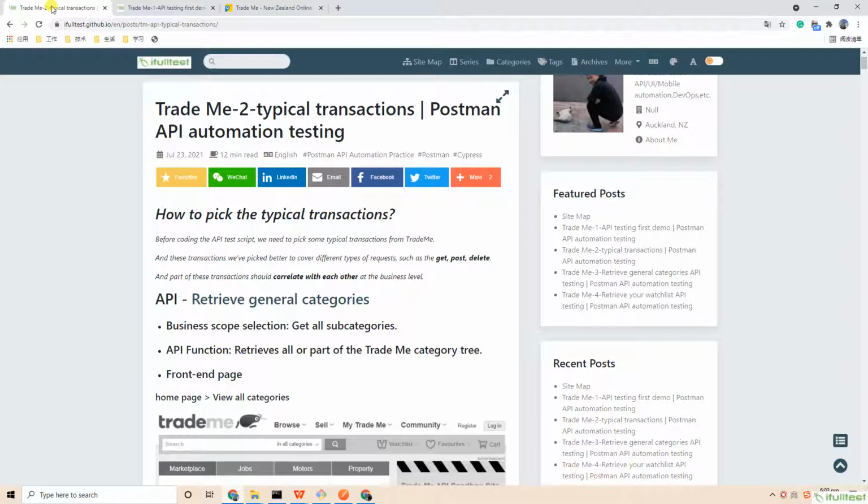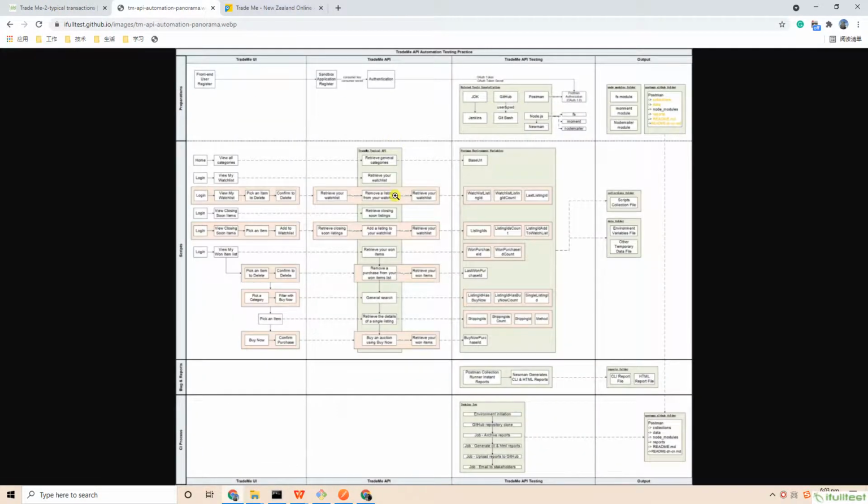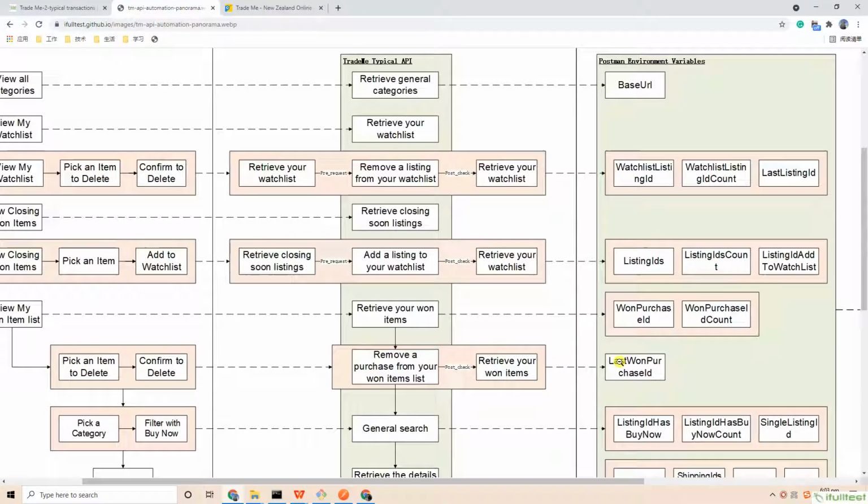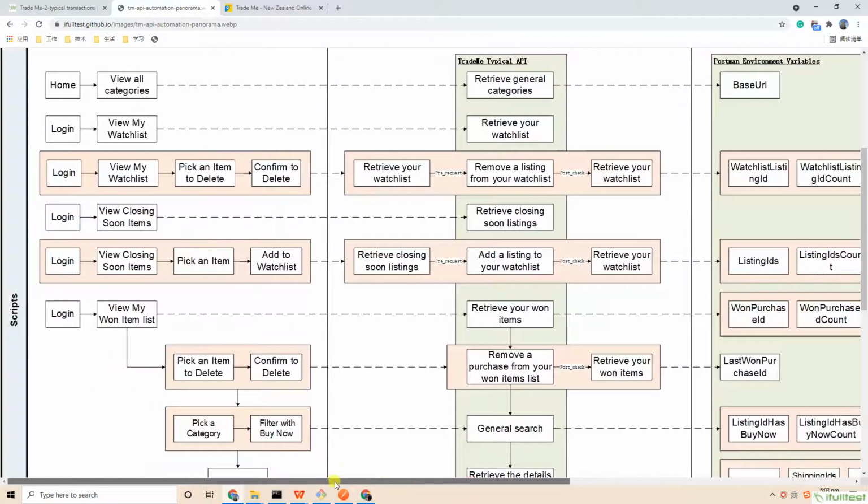Till now, we have gone through Trade Me's 10 typical APIs, so let me wrap up this video. We chose a single API, retrieve general categories, which doesn't need authentication. 4 APIs can be logically chained together: retrieve your watch list, remove a listing from your watch list, retrieve closing soon listings, and add a listing to your watch list.